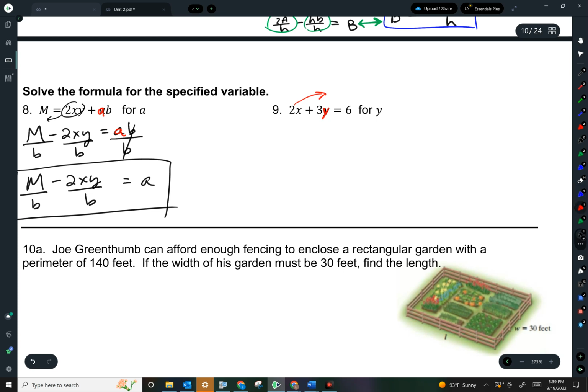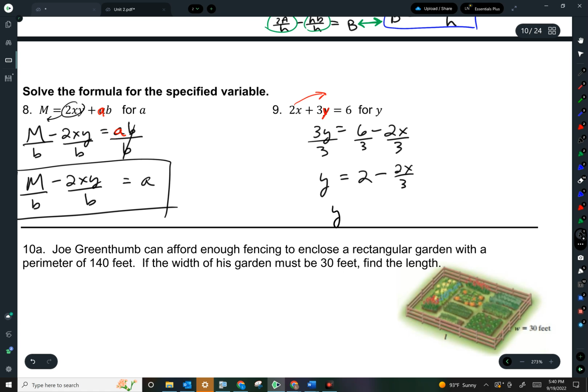So I'm going to have 3y is going to stay. If I subtract the 2x, it's going to be 6 minus 2x. And then if I want to solve for y, I'm going to have to divide everything by 3. So divide everything by 3. So y equals 6 over 3 is 2 minus, and I can leave it as 2x over 3 if I